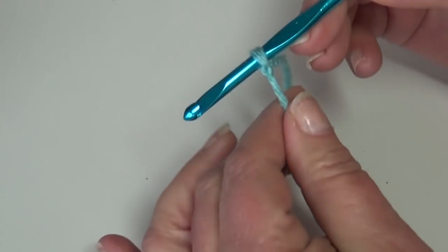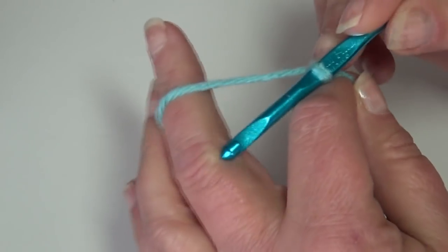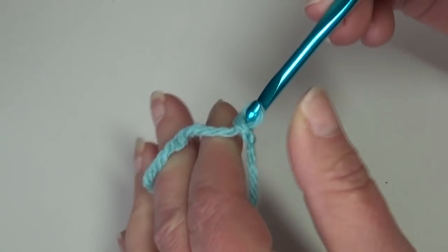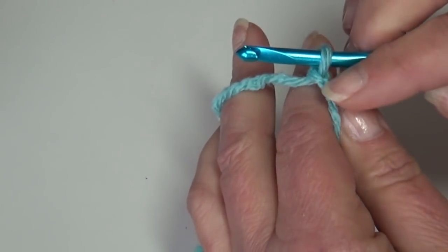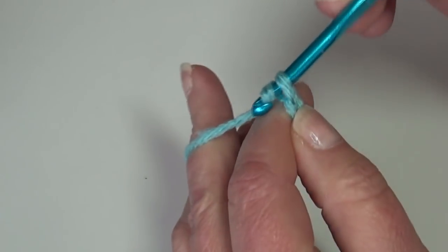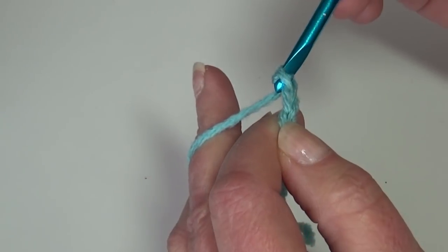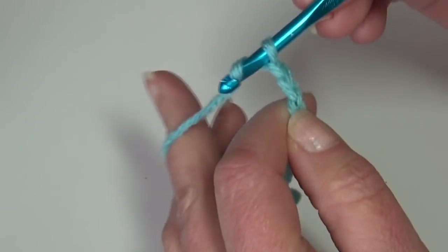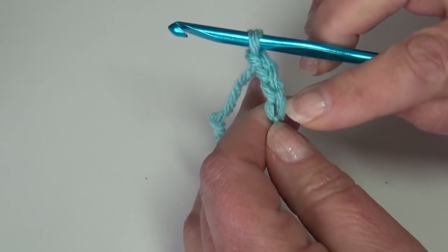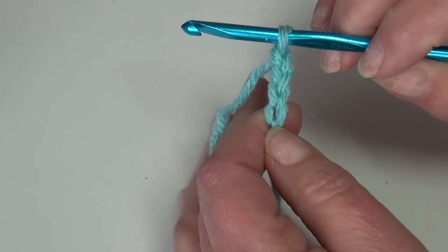I already have my yarn tied on my hook, and we're going to begin by chaining 36. So you're going to take the yarn over your hook and pull it through the loop you tied around your hook. That's your first chain, and this does not count as a chain. So yarn over, pull it through, that's 2, yarn over, pull it through the loop, that's 3, yarn over, pull it through the loop, that's 4. You want to continue until you have a total of 36 chains,